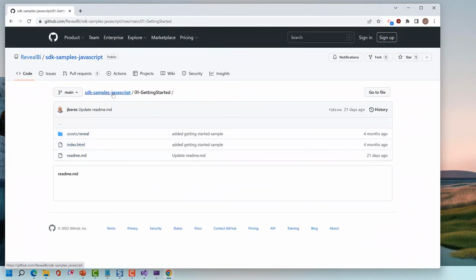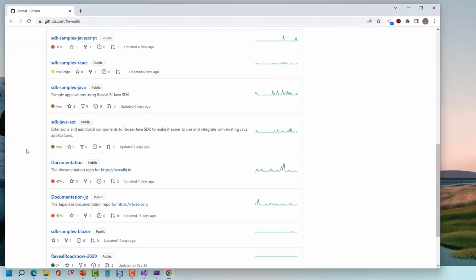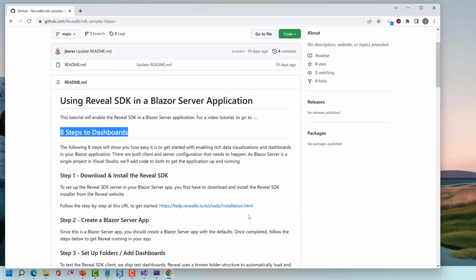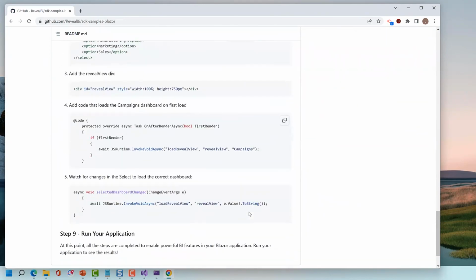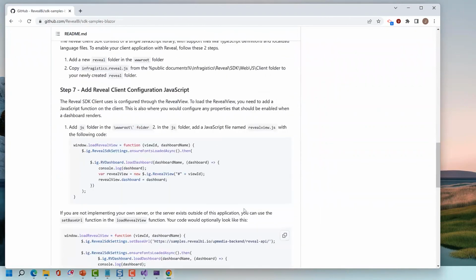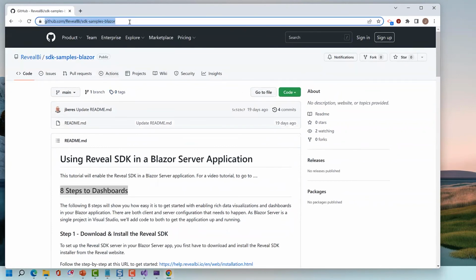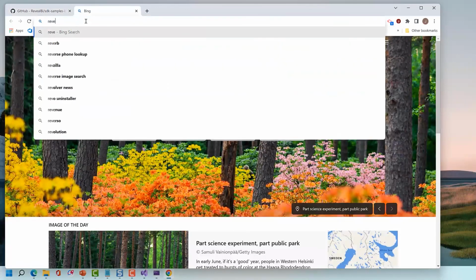And then what you can do is go back to Reveal BI and go to Blazor. And here, using Reveal SDK in the Blazor server application, 8 steps to dashboards. This is what I just followed along with to do the sample that I just built in Blazor. So right now, the minute this webinar is over, during your lunch break or your afternoon break, go to this URL. We're going to paste it in the chat and build this yourself. All you need is Visual Studio. And all you need to do is go to revealbi.io,